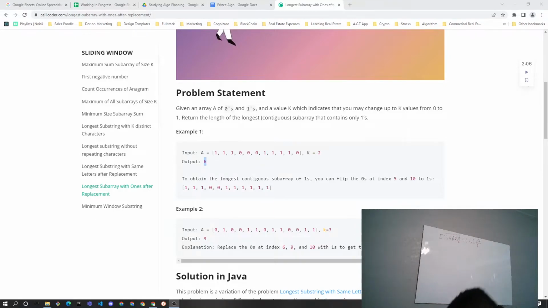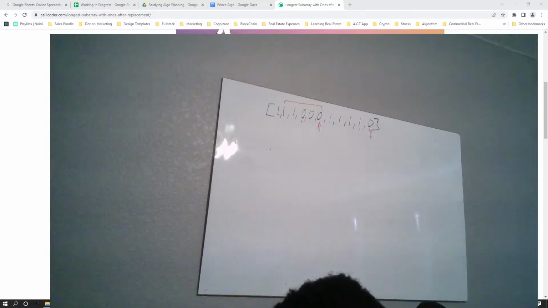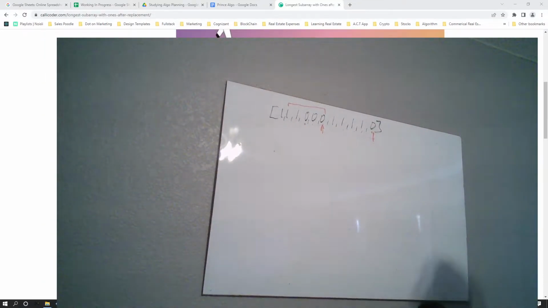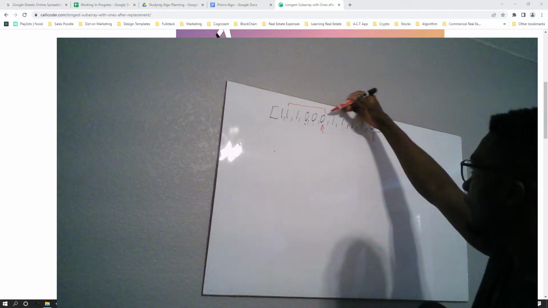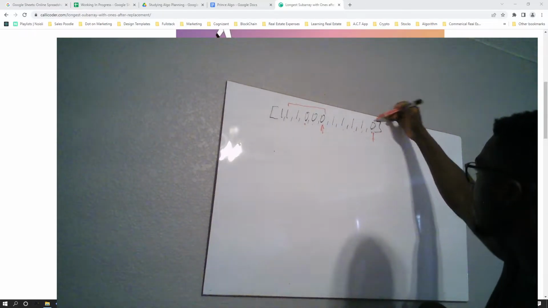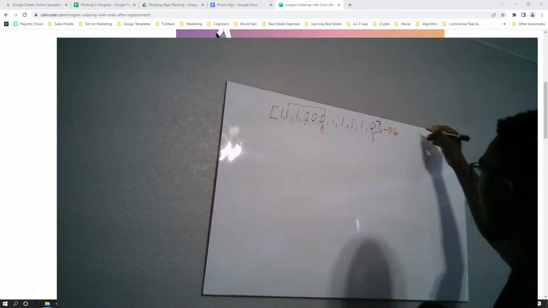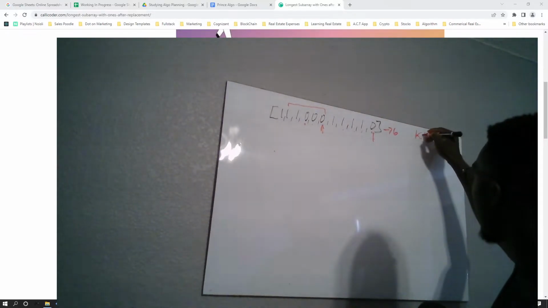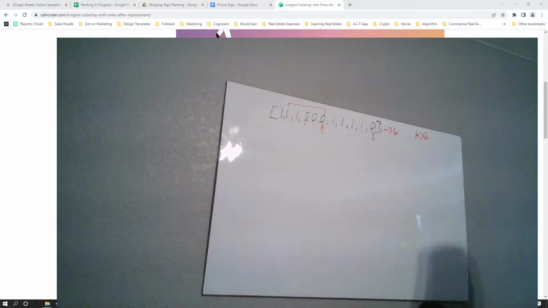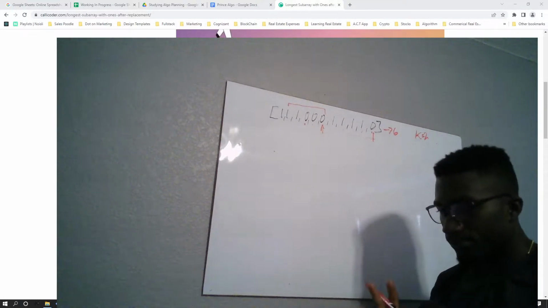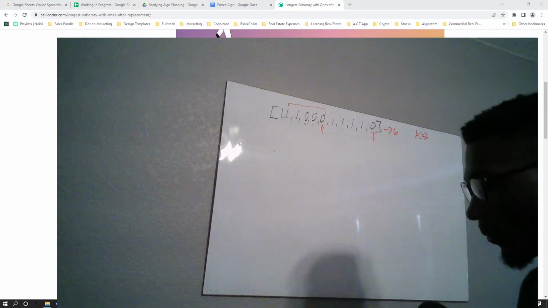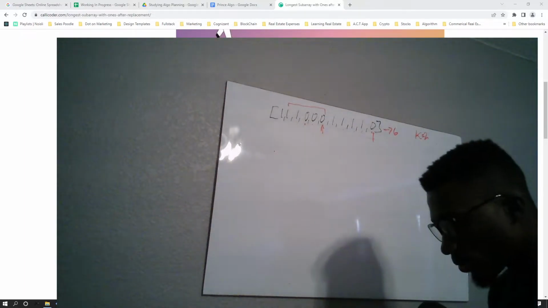Let me actually enlarge my screen so you can see my whiteboard. Okay, so from here, if we replace these two zeros, we'll have 1, 2, 3, 4, 5, 6, which is actually our answer. And we know that our k, the amount of zeros that we can change from 0 to 1, is 2. Okay, so the way we're gonna solve this problem is using